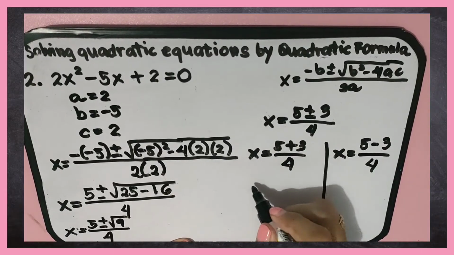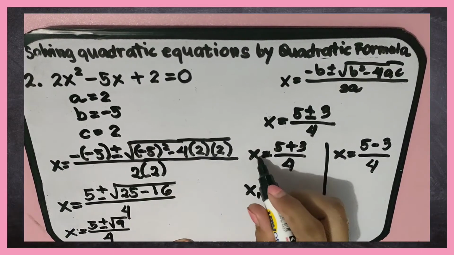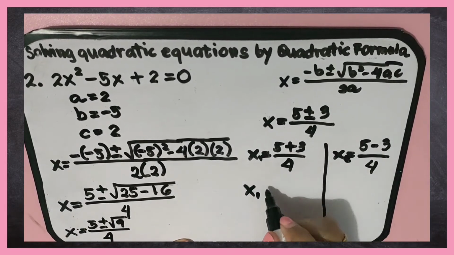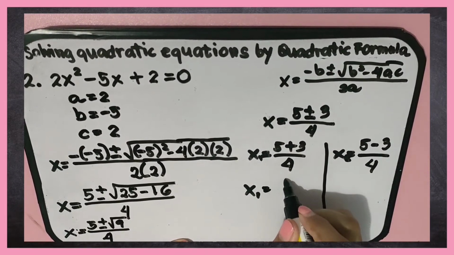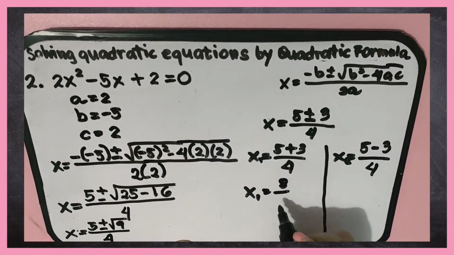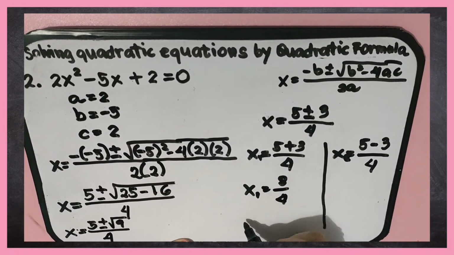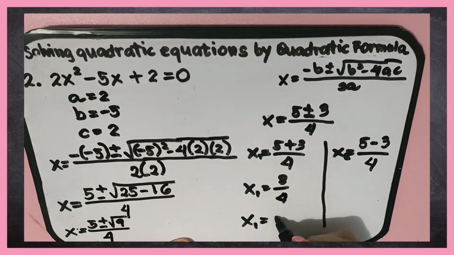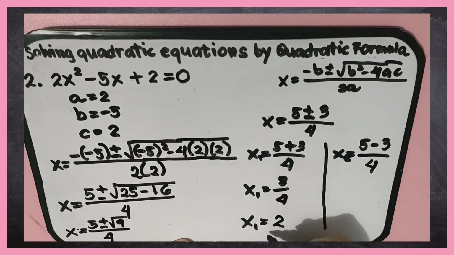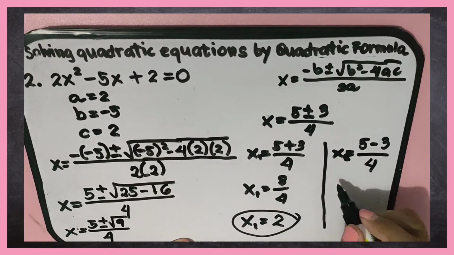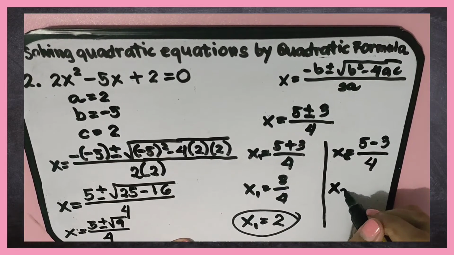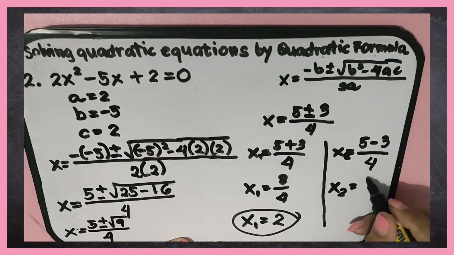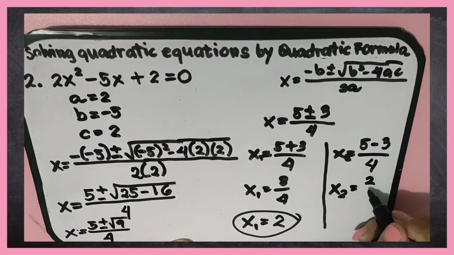So, let us continue here. The x sub 1, let's write x sub 2 naman here. X sub 1 is equal to 8 over 4. And then, divide. Then, the value of our x is 2, because 8 divide 4, that is 2. And then for the second one, for x sub 2, we have 5 minus 3, and that is positive 2